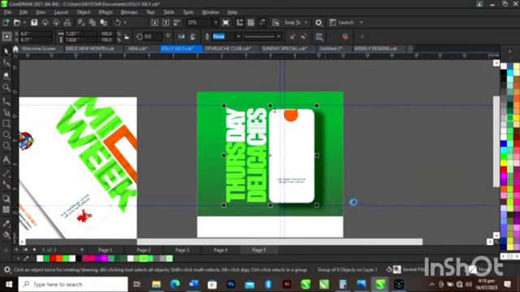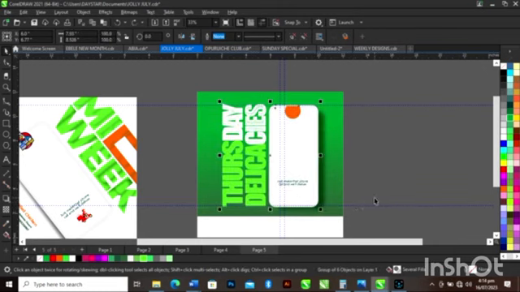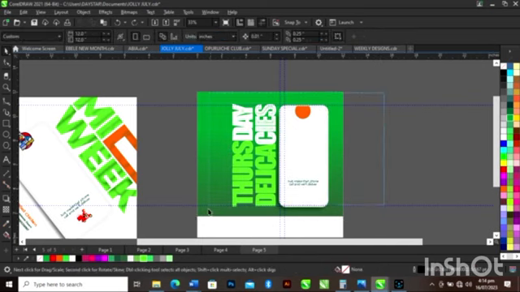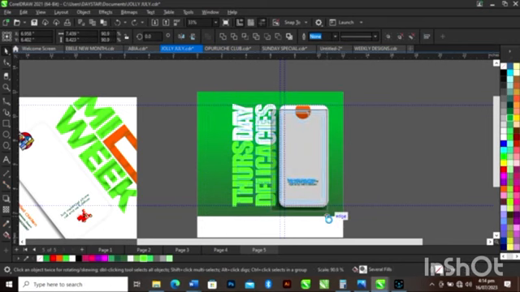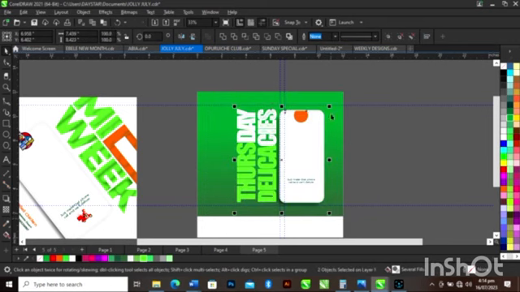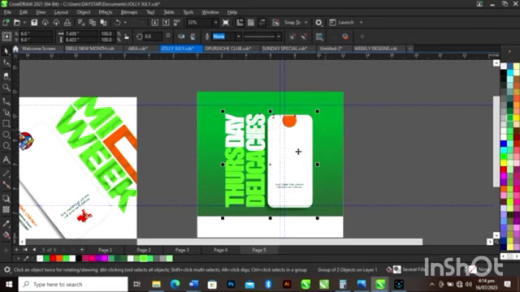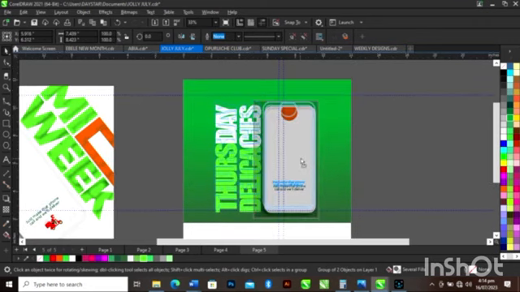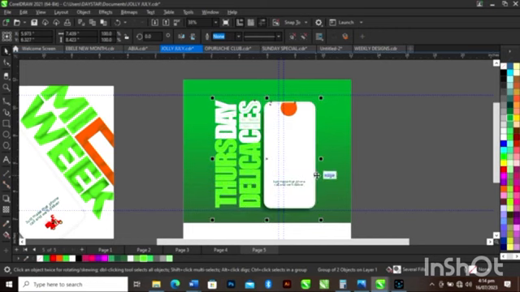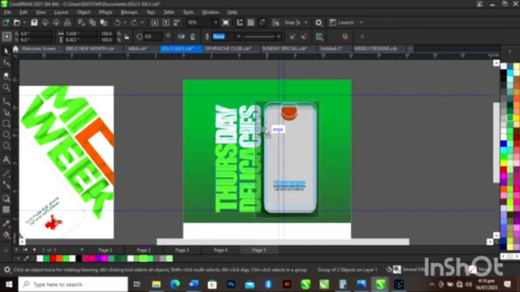Now I have to move the text to the left side, to create a better visual balance. People usually read from left to right. So most times it's better you start your text from the left. In this case, that's what I did. But it's not compulsory, but